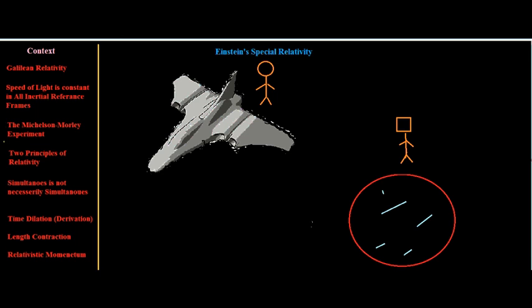Now Einstein's second principle of relativity is that the speed of light is constant in every single reference frame, as we proved from the Michelson-Morley experiment. This is basically from Maxwell's equations. Maxwell was the first one to postulate this, because from his equations he saw that the speed of light must be constant, since